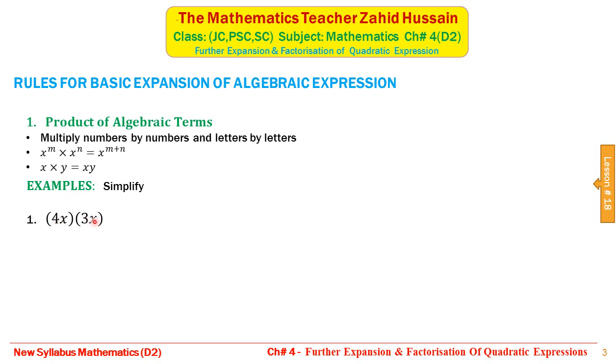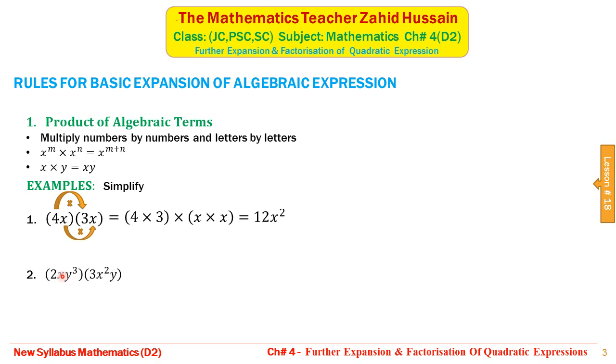One term and second term. We will multiply number with number and letter with letter. It will give us 4 multiplied by 3 multiplied by x multiplied by x, which is 4 multiplied by 3 is 12, and x multiplied by x is x to raise power 2. Here the power of x is 1 and the power of x is 1. 1 plus 1 is 2. Now in this